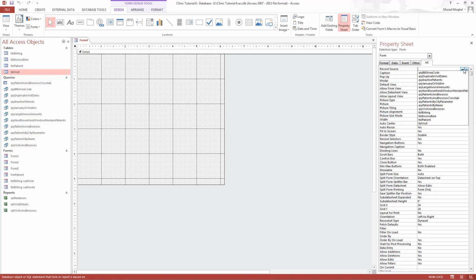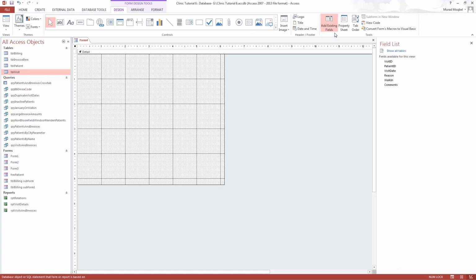I want to select the visit table as my source. Now if I click on adding existing fields, I have all the controls, all the fields that are in the visit table. So now it's asking me in the book to select certain items such as visit date, for example. Just double click on it, then patient ID, reason, and comments,